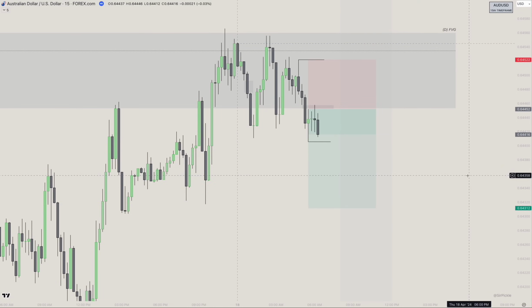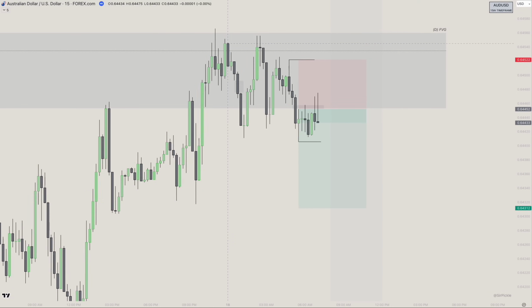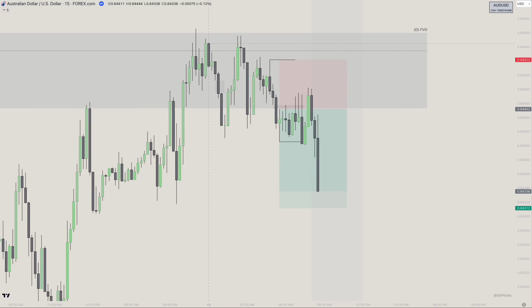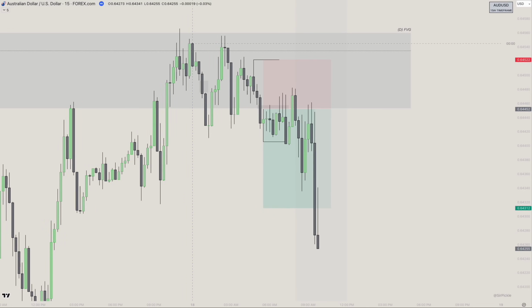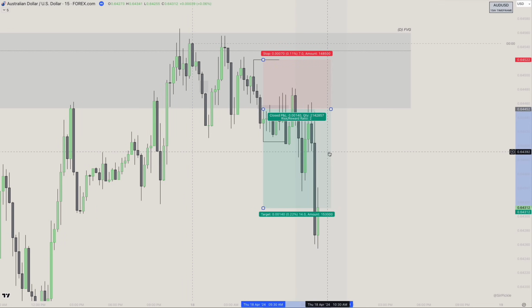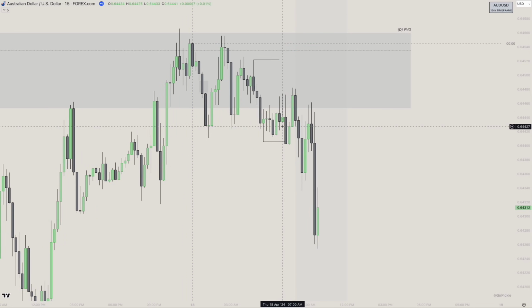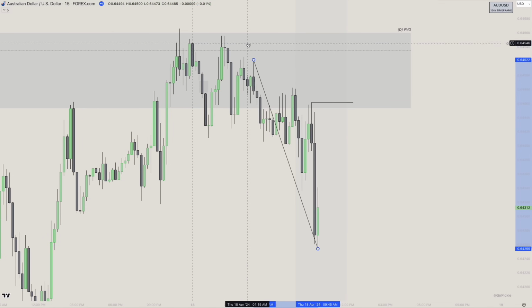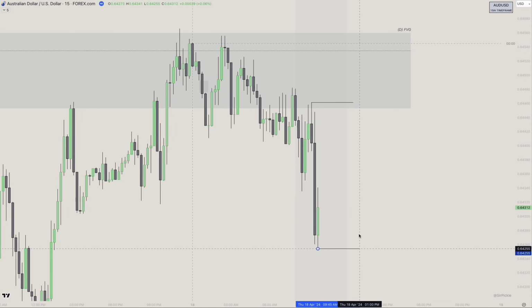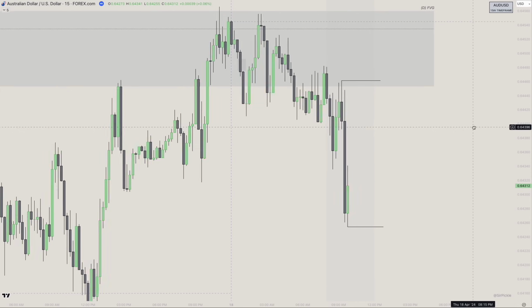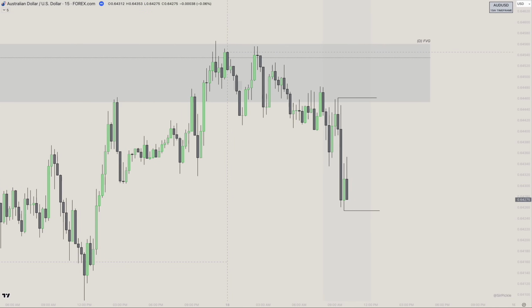So this right here is where I took my entry, and eventually we just delivered right here in the AM session. And then we see yet another 15-minute high probability leg get created. Remember, swing high, swing low, with a fair value gap in the middle. So let me just confirm this swing low first. There it is. And now we have this gap. So this is where I took my second entry,